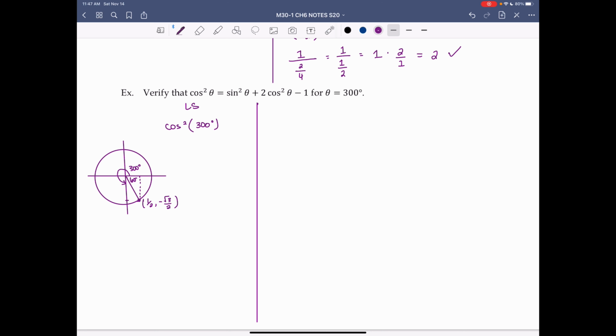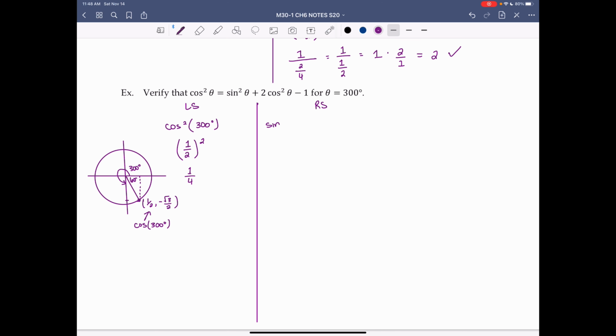Cos is the x value, so cos of 300 degrees is 1/2. Then cos squared of 300 is 1/2 squared, which equals 1/4. And on the right side,